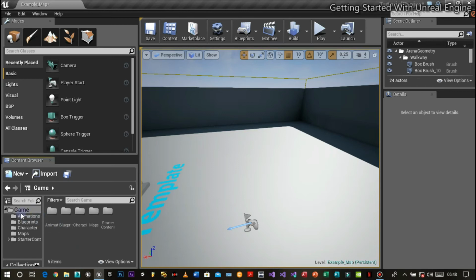In this place, we have our game folder, in an older version of Unreal, because I'm using Unreal version 4.5, yes, very, very low version. In the latest versions of Unreal, like Unreal 4.19 or Unreal 4.22, it is called content and not game. So many features have been added into Unreal. So this is the content browser, and this is the scene outliner.